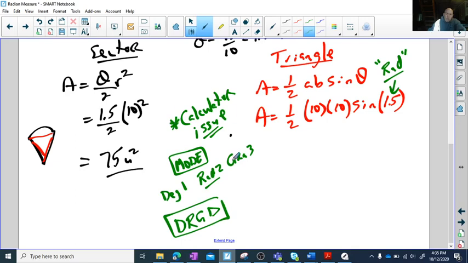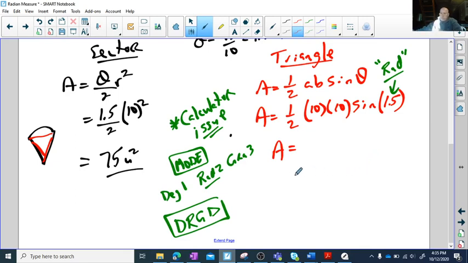Hopefully you'll be able to figure out your calculator and how to get it switched from degrees to radians and back and forth, because we are going to work back and forth between the two. As a last-ditch effort, you could always Google the model number of your calculator, how to switch it, and I'm sure you could easily find it on there. But you do have to figure out how to switch your calculator back and forth now between radians and degrees. So in radian measure, if I do this calculation out,